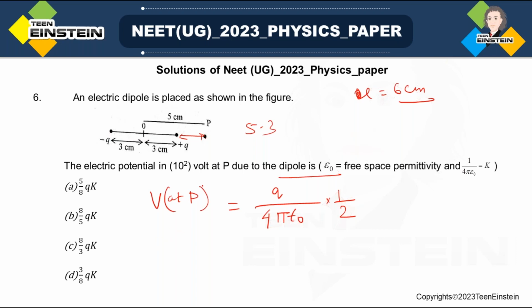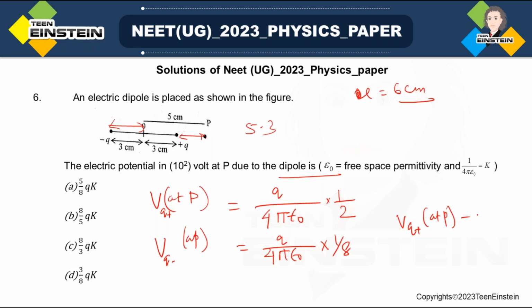Okay, and similarly, I would write due to positive Q, and this is due to negative Q at P. At P, so this much distance is added to that. Okay, 5 plus 3, so 8. Q by 4 pi epsilon naught into 1 over 8. Okay, now if you just add these two, V Q plus at P, V Q minus